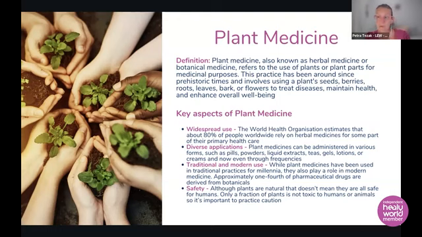We need to understand that only a fraction of the plants on the earth is actually non-toxic to humans or animals. Everything else is toxic. So we need to be really aware of what mushroom to pick, or what leaves to use, or what berries to actually eat. We need to be cautious when we're using the practice of herbal medicine or plant medicine. And because of that, plants demand respect.